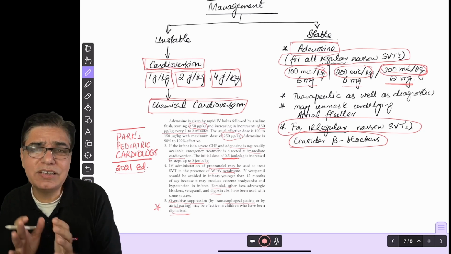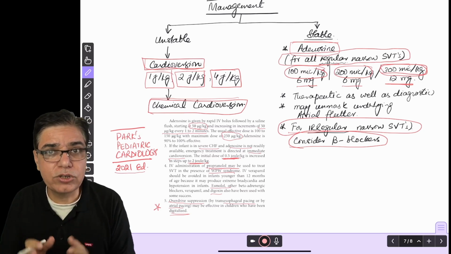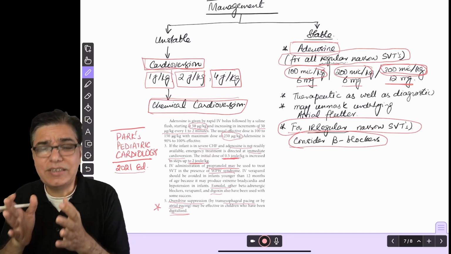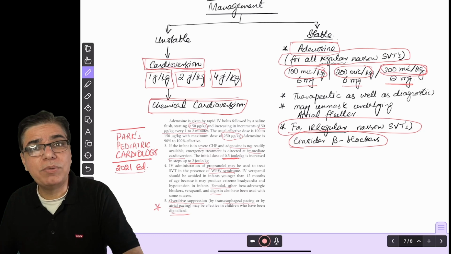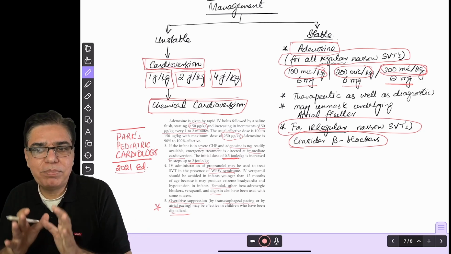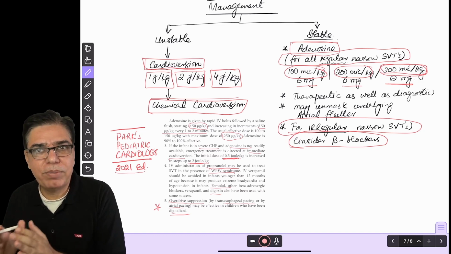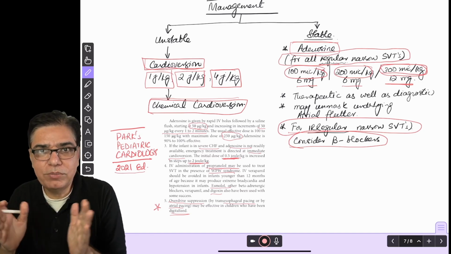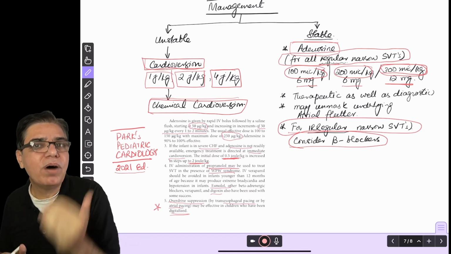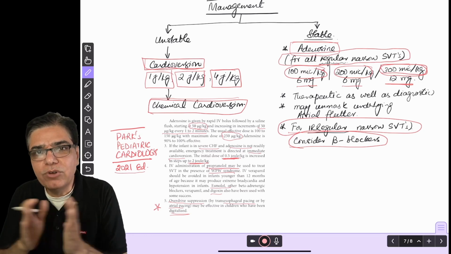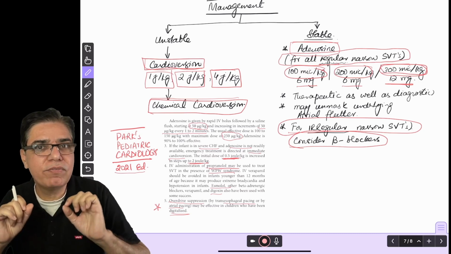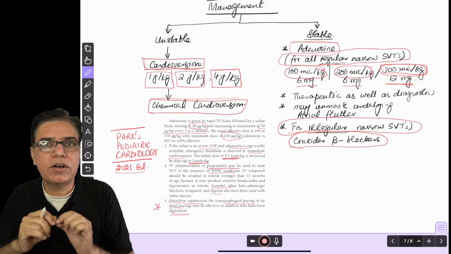Adenosine is therapeutic as well as diagnostic. Therapeutic because in most cases, on the first or second or third dose, the abnormal rhythm is broken and converted back to the normal rhythm. Sometimes it might break the rhythm and then it may recur, but during the time the rhythm comes back to normal, it might unmask an underlying problem which you did not see in the very first abnormal ECG. For example, if there is an underlying atrial flutter or atrial fibrillation,